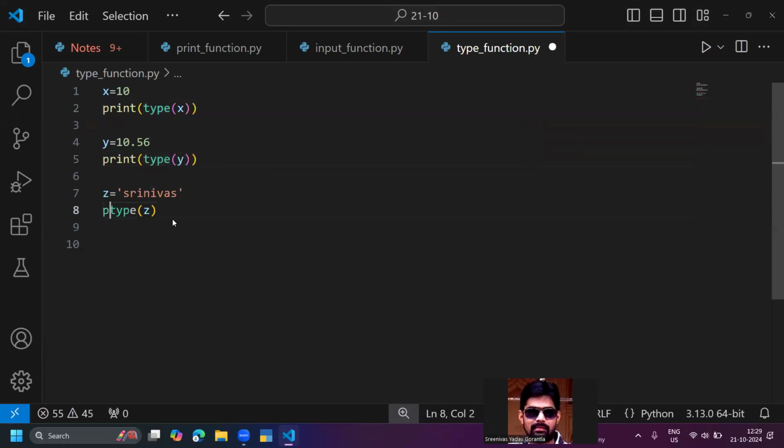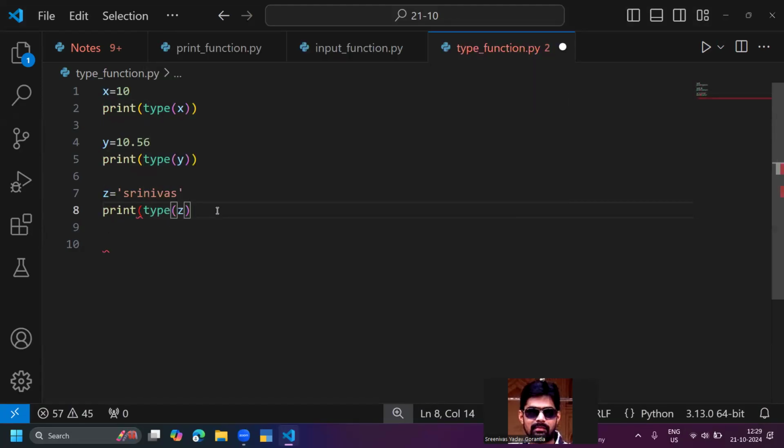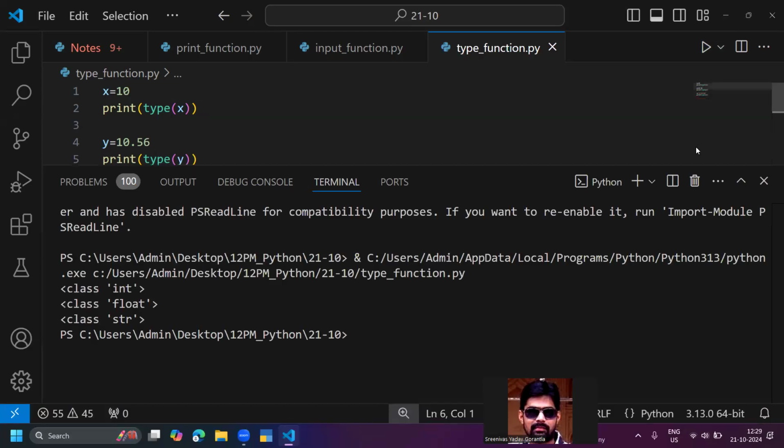But I want to go with print here. So print of type of x, print of type of y, print of type of z. Now the first one is integer type, second one is floating type, third one is string. The class type is integer. Second, the class type of